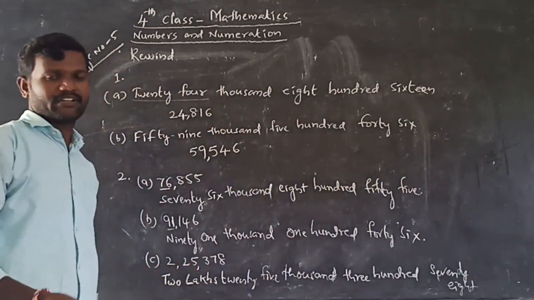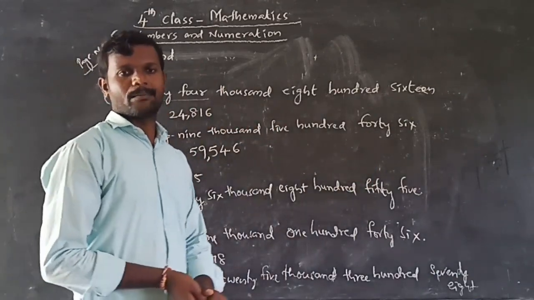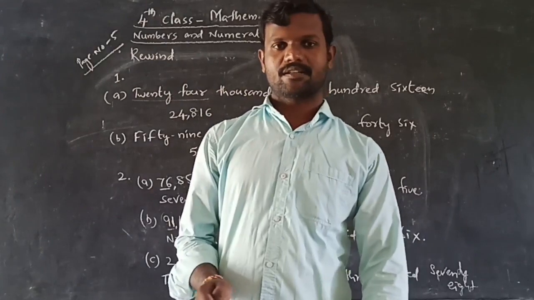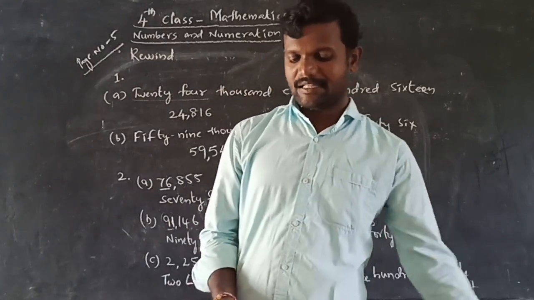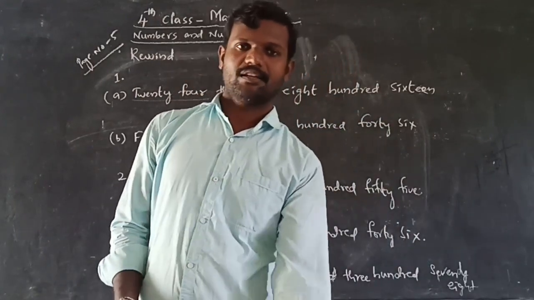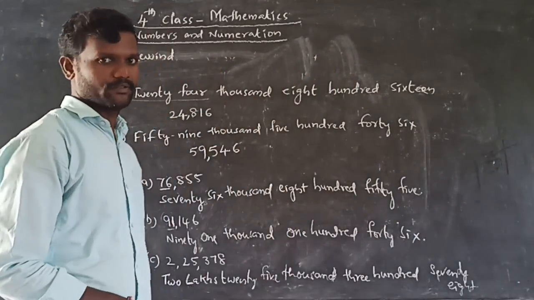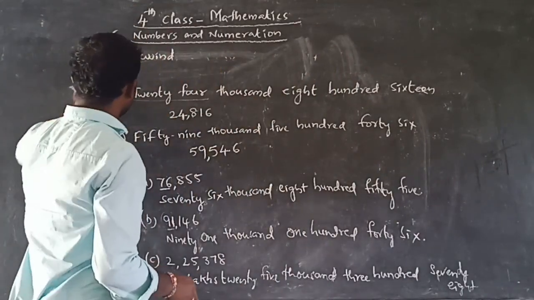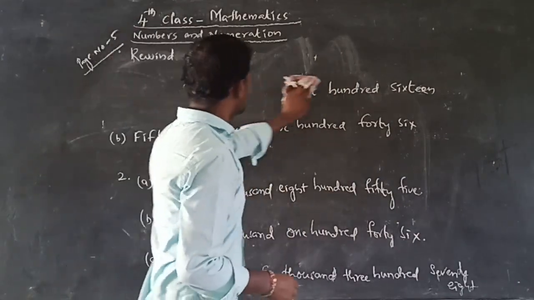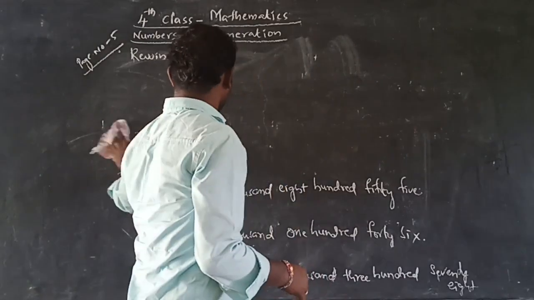Okay, it is the number name for the given number. In this way, complete the first bit and second bit. Next one, the third bit is also there. So for the third bit, I will say, the remaining 2 bits you have to complete by yourself. Okay, observe the third bit. What is the third bit?